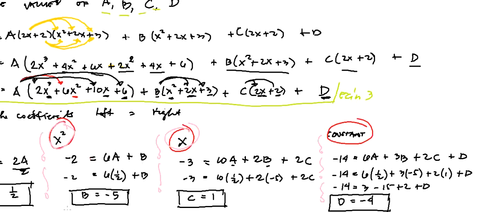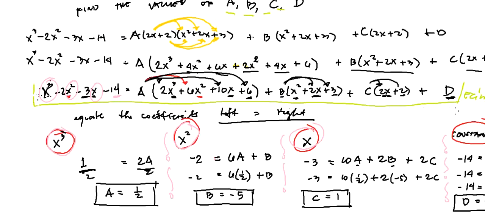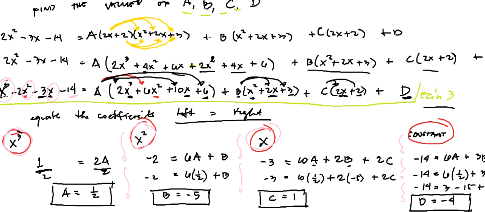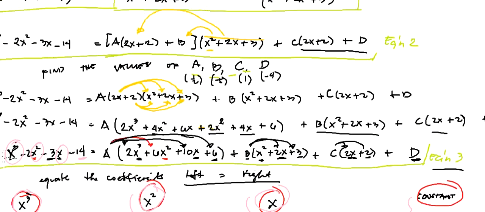Okay. So by equating the coefficients from the left to the right side of our equation 3, we can now determine the values of our a, b, c, and d. So after that, let me write here, a is 1/2, b is negative 5, c is 1, d is negative 4. Okay. So right after that, our next